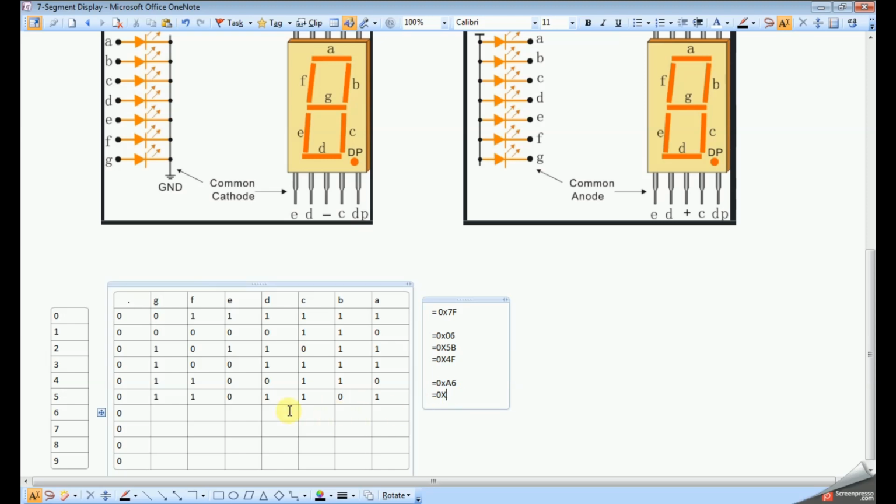Then the equivalent code to display number 5 will be 0x6D, where 13 means D.